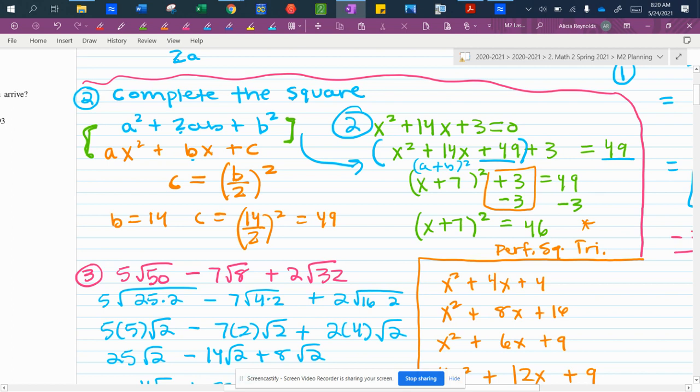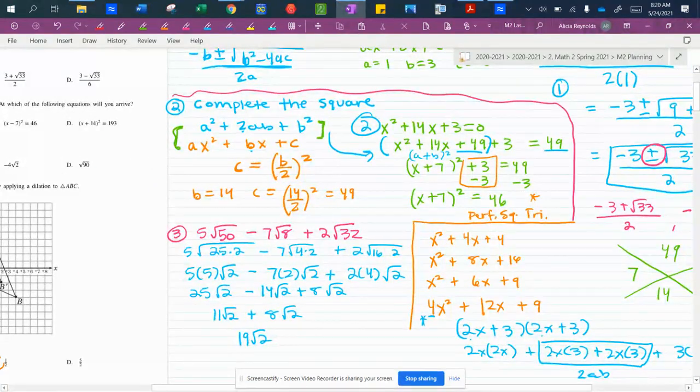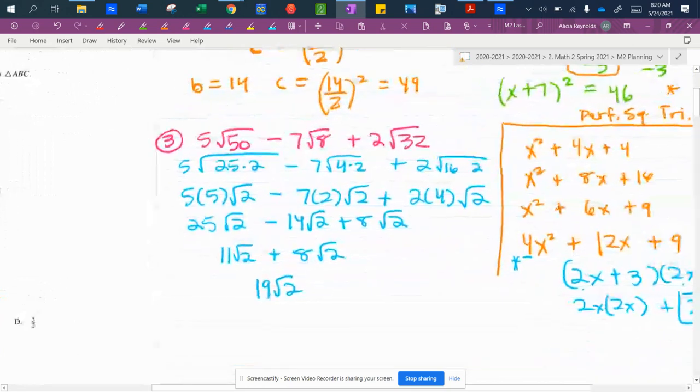So I add 49 to both sides of my equation. I factor my perfect square trinomial into a squared binomial, and I notice my answer choices do not have a constant term on the left side, so I move my constant and I get x plus 7 quantity squared equals 46. Does anybody else have questions about 1 and 2? Okay, so for number 3,